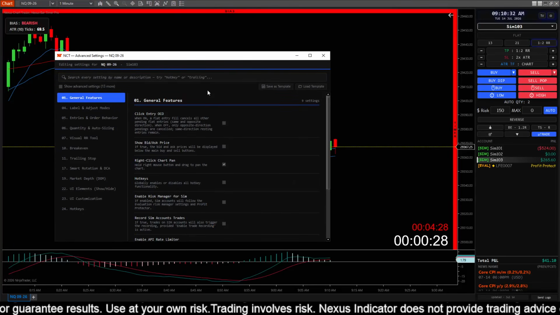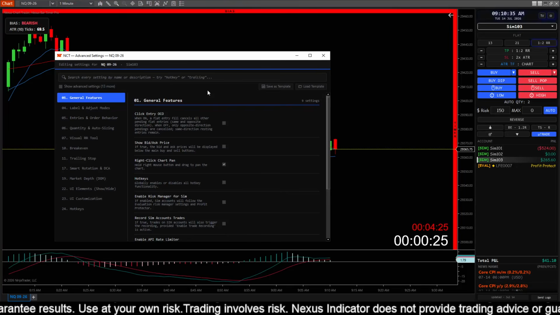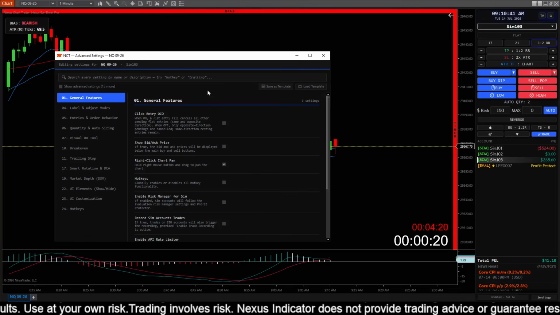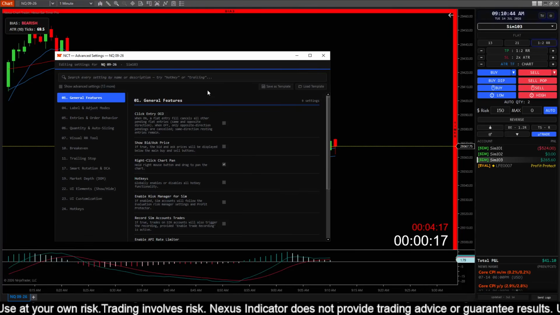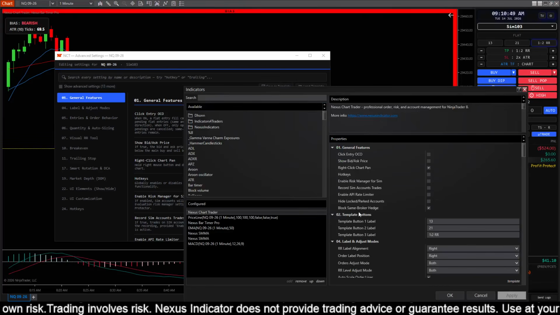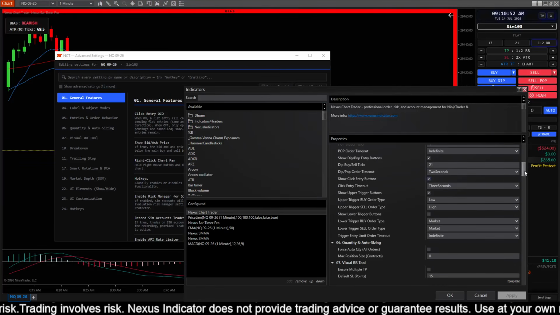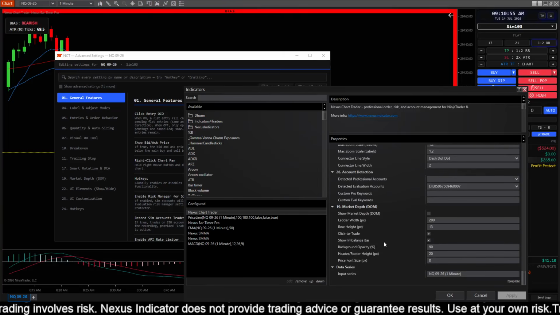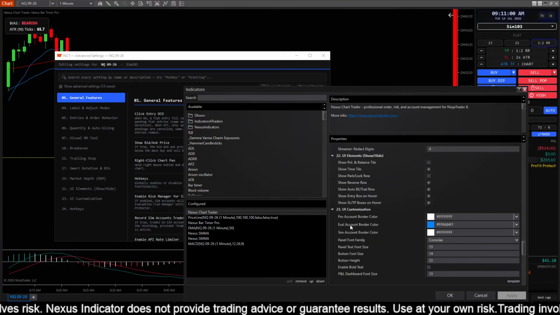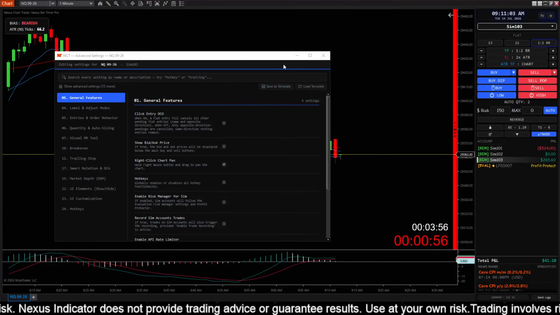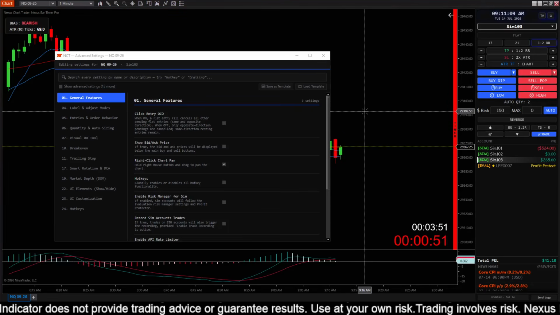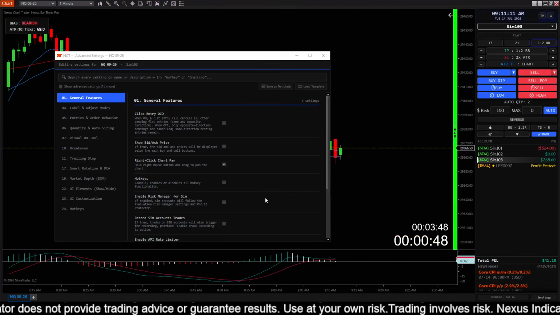Now, one of the things we have been thinking about in terms of how our users use the Nexus Chart Trader is that the settings inside the Nexus Chart Trader itself are pretty huge. So there are different sections like trailing stop loss, the break even, and all that. In total, that's around 26 settings options, right? So if you want to manage them and remember them, it's really hard. But what you can do now with the settings window, which by the way, unlike the default settings window where you have to click apply and then click OK,